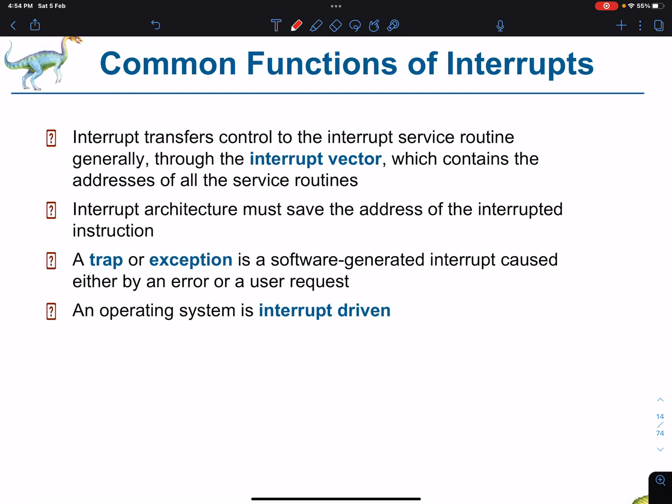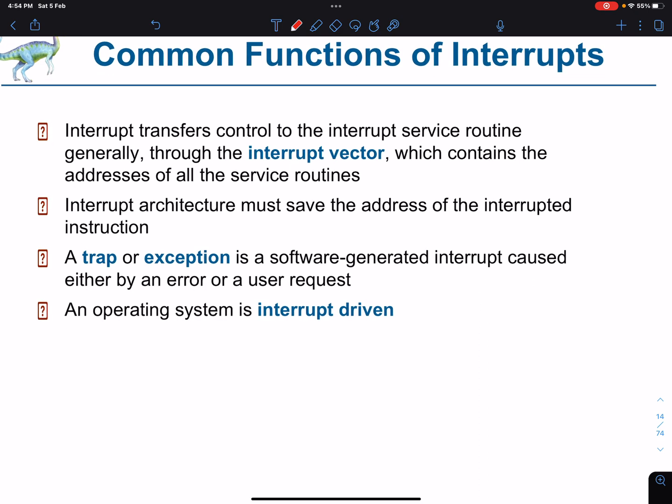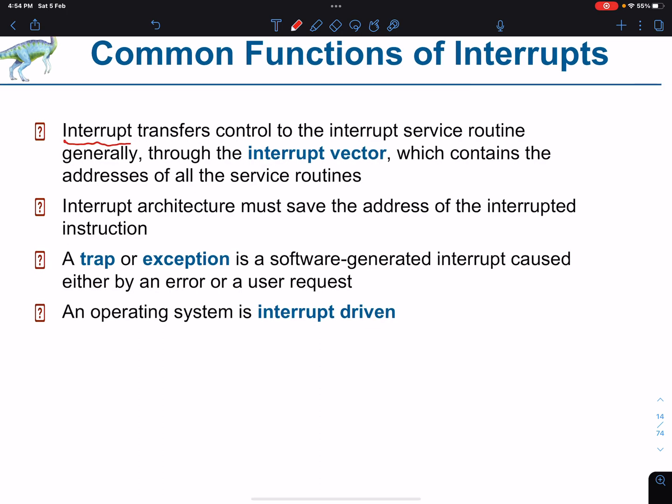Common functions of interrupts. What do we do with interrupts? Why are they very important? The interrupt transfers control to the interrupt service routine. What is an interrupt service routine?